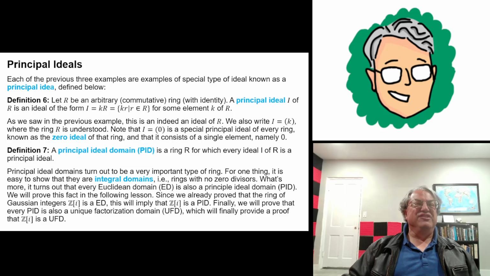We'll get back to ordinary numbers pretty soon. And remember, I was talking about lifting your domain. The reason we're talking about all these abstract concepts right now is because we're sort of lifting above the ordinary integers. We're studying more abstract sets, in this case, rings and ideals and domains and all this, but we're going to come back down to earth at some point, and we're going to use some facts about Gaussian integers and Gaussian primes to prove some interesting facts about ordinary integers. That's where we're going with this.